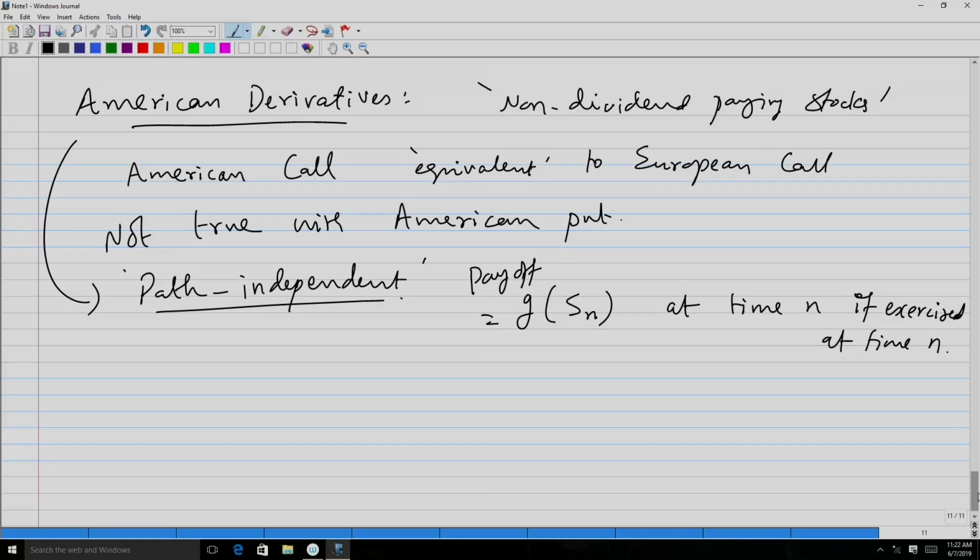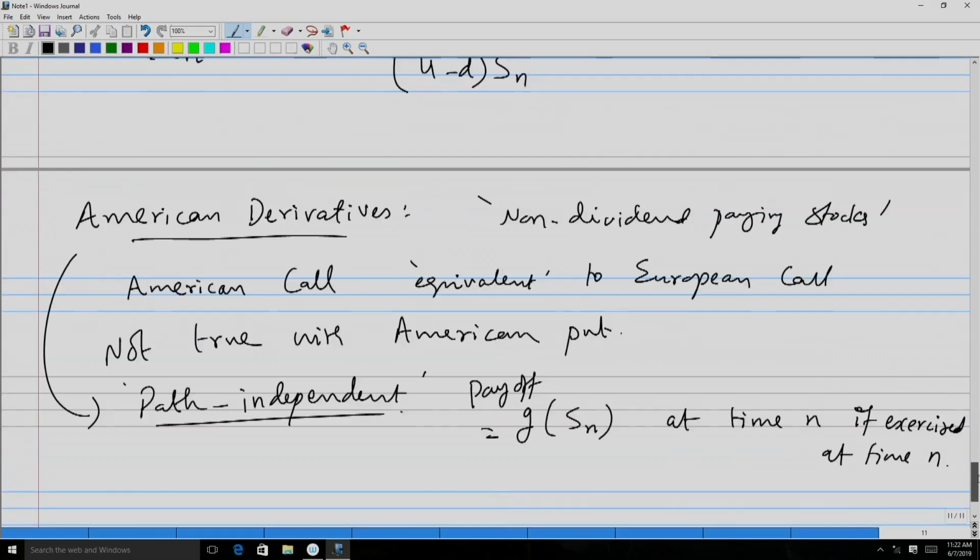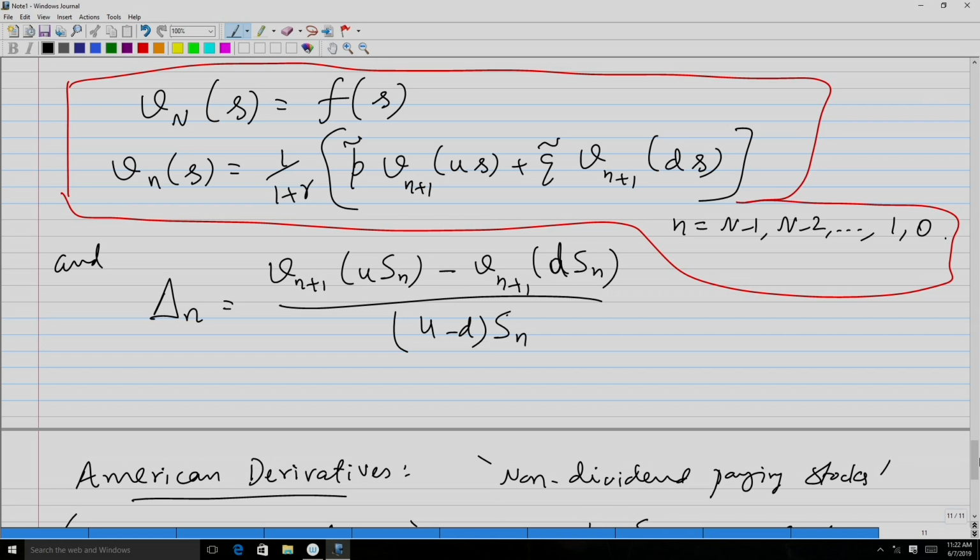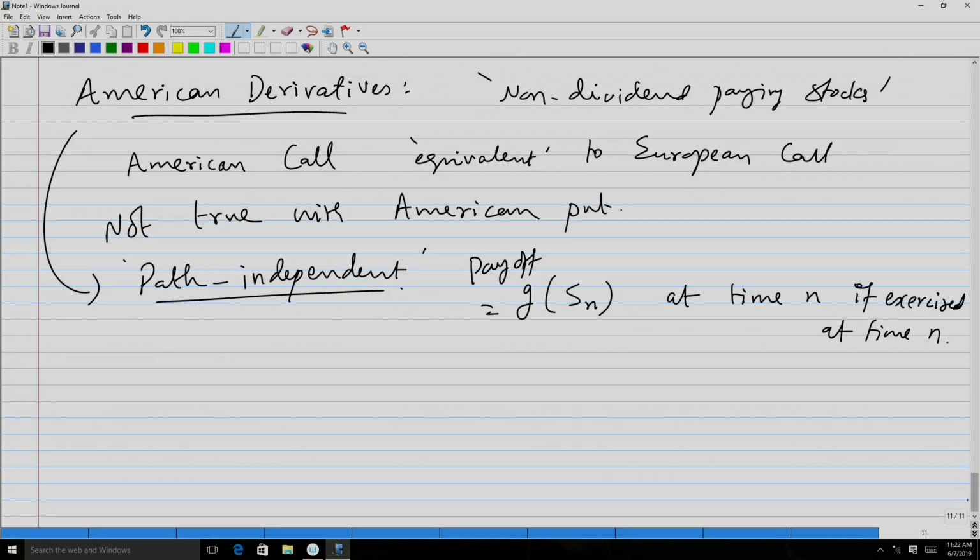Now, you also have to consider the additional feature that the option can be exercised at time n. So, the amount that you require at each time should be sufficient either to pay off if it is exercised at time n or to hedge if it is not exercised at time n. Okay. So, this suggests that we modify our previous algorithm, the Markov based one, as follows.